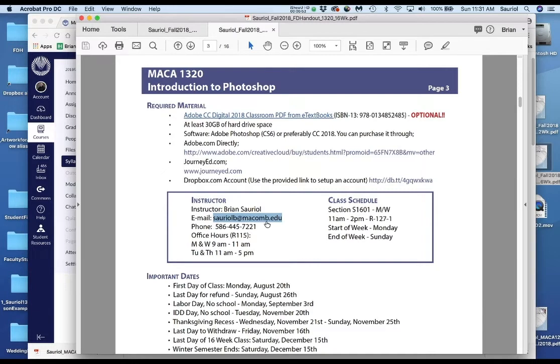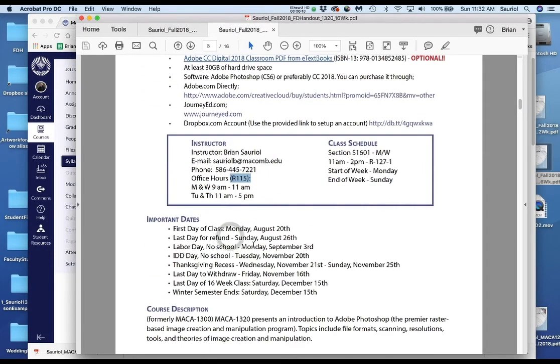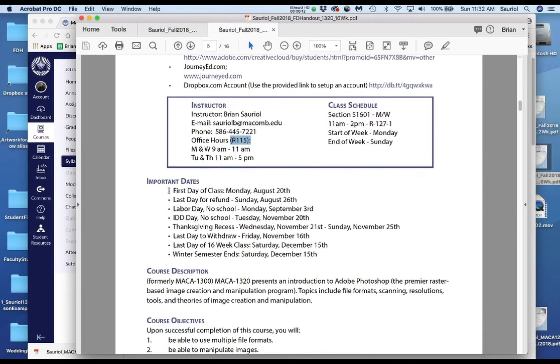Today is Sunday, actually, the day before the classes begin, and you should have the email by tonight or by tomorrow morning at the latest. It shows you what my office hours are. Okay, it shows you where my office is, R115, and then it actually goes through a list of the important